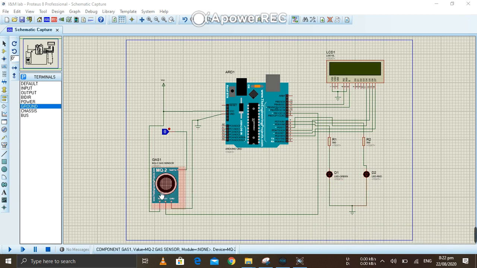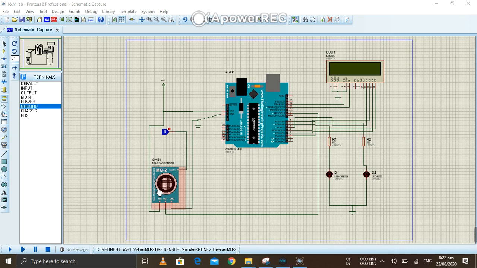The MQ sensor is used for the detection of gas leakage, which is mostly used in consumer and industrial markets. The sensor is designed to detect LPG, isobutane, propane, methane, hydrogen, and smoke. Basically, MQ2 sensor does not detect all these gases. MQ series consist of different sensors which detect these gases, like MQ2 detect LPG, MQ3 detect isobutane, MQ4 detect propane, MQ5 detect methane and hydrogen, and so on.